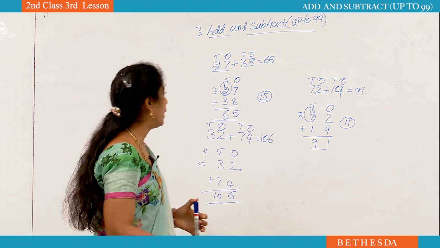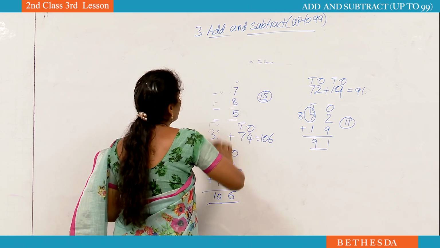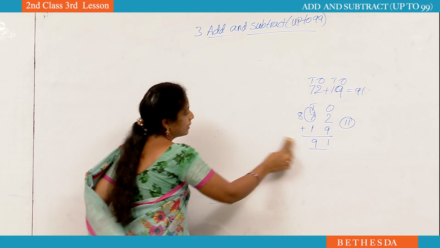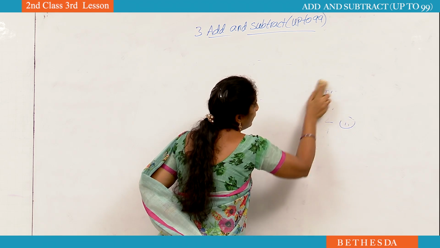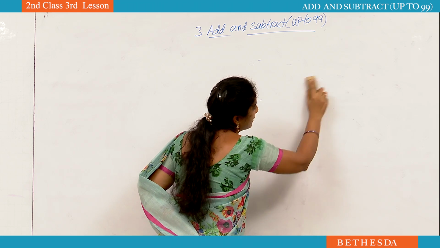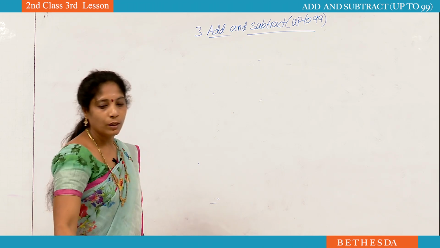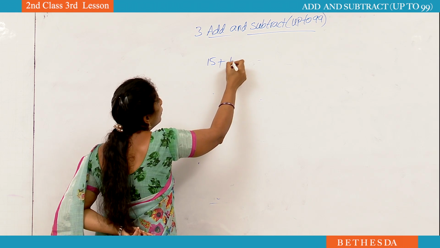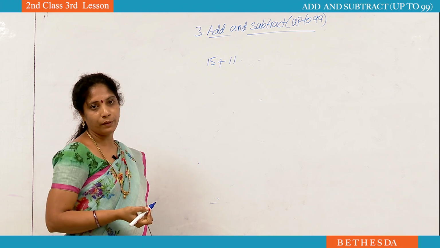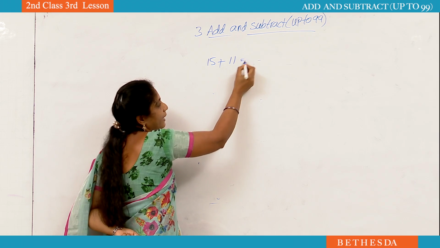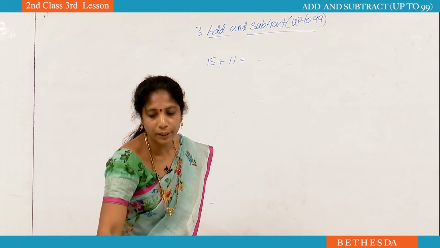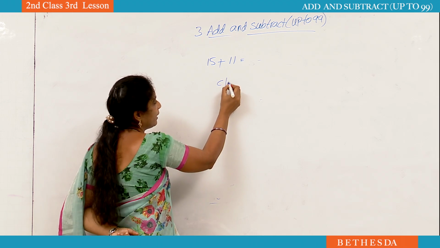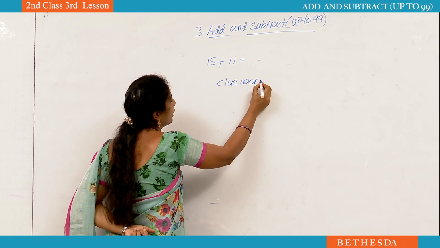If you observe the 3.10 activity, that is the number story. For example, see here, you went to a market. There your mother told you to buy one pencil and one pen. They told you the cost of the pen is 15 rupees. The cost of the pencil is 11 rupees. What is the total cost of those two things? Means what do we have to do? Addition. Teacher, how do we know to do addition? Okay, for that I will give you some clue words for addition. If you find these in your number story: